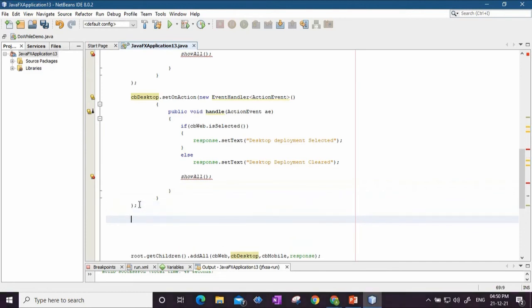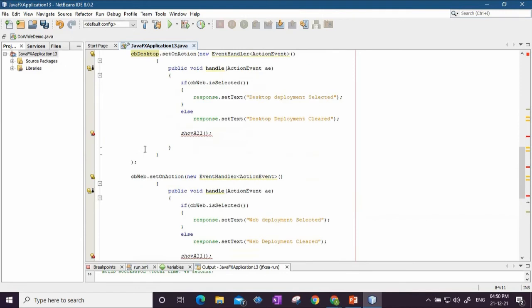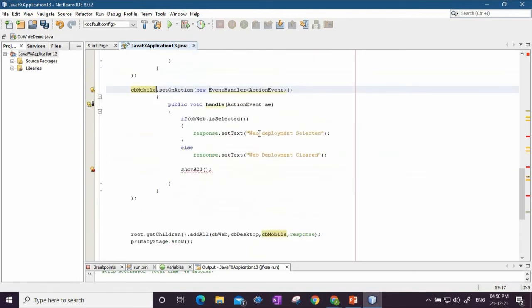Similarly for the third checkbox, whose name is CB mobile, I'll write mobile deployment selected and mobile deployment cleared, and then the show all method.